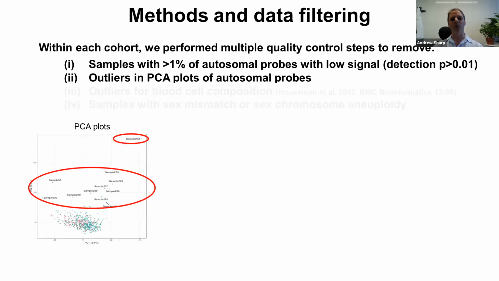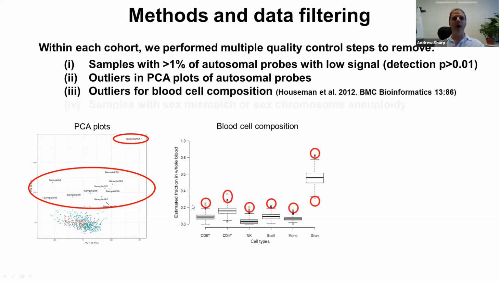We also perform principal component analysis. Again, this is another very important way of getting insight into these large data sets. And here I'm just showing you an example plot. What you're looking to see is hopefully a nice tight cluster of the samples, but where you see people that are outliers, we basically throw those out. It's a qualitative step, but it's a very good way of recognizing outlier data points. You don't usually know exactly why they're outliers, but we took a conservative approach and threw them out.